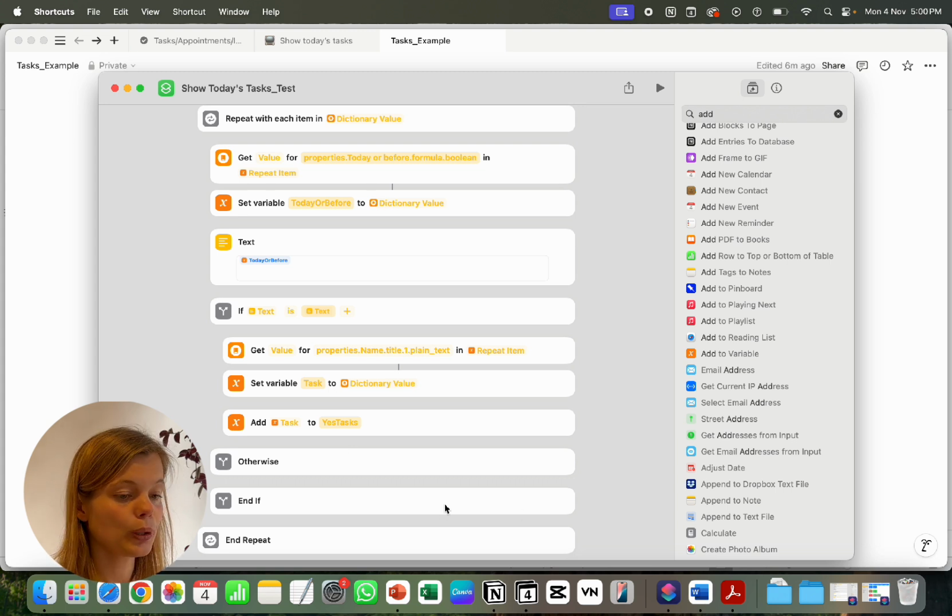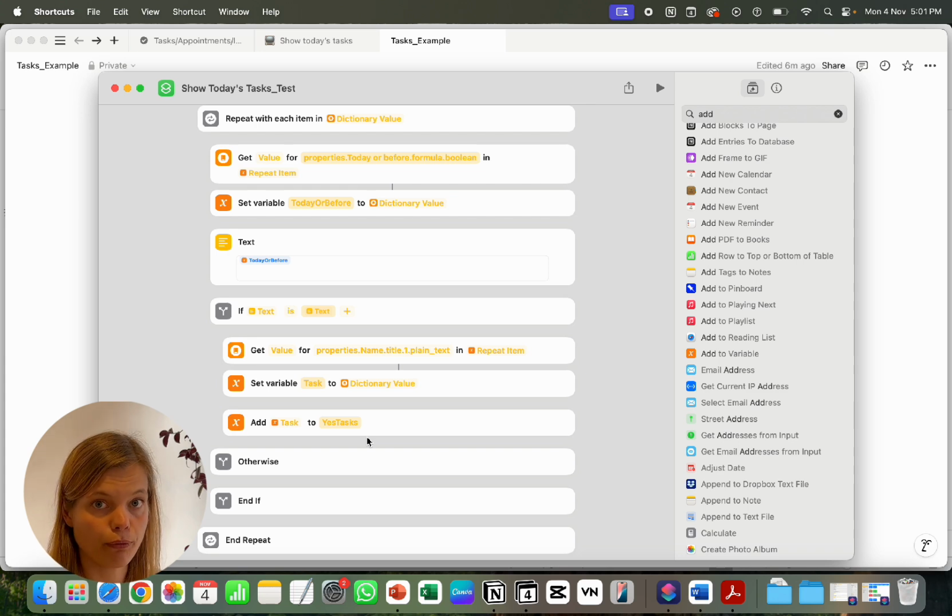And then we want to add another repeat loop, because now we want to combine the name of the task in our yes task with its index number. So we have now a new variable called yes task, which holds many other items, many other variables. And each of these has an index number. We will not see this index number, but they exist. And we need to combine the index number with